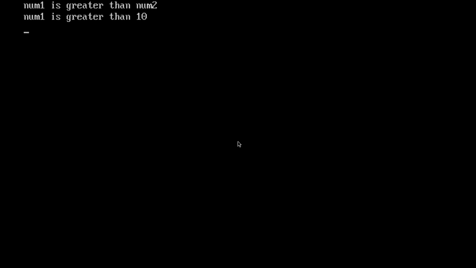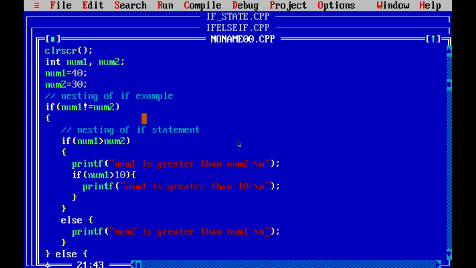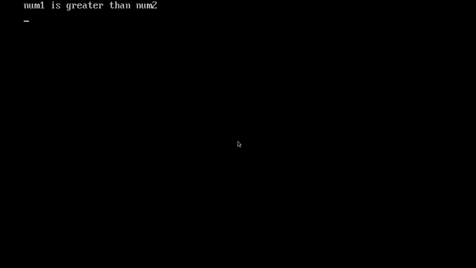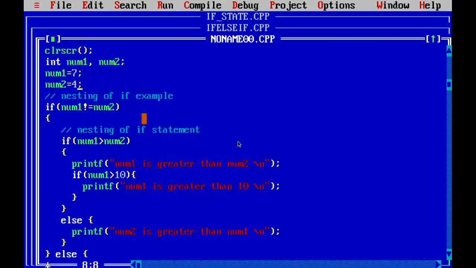So it is also printing num1 is greater than 10. First of all, it will check whether it is not equal to num2, then it will check if num1 is greater than num2, then again inside that it is checking num1 is greater than 10, then it will print num1 is greater than 10 also. Now it is only printing num1 is greater than num2 as the value 7 is not greater than 10.